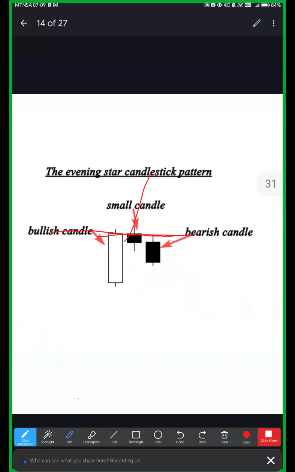Yes, they are in control, but can you see the power that they ended up with here? It is not the same power that is in here. If it was the same power, I'm sure this candle could be somewhere there. But buyers are failing currently to push this price to break this level. As a result, the session ended within this range. Okay? The session ended around here. Buyers could not cross this area to go up there.